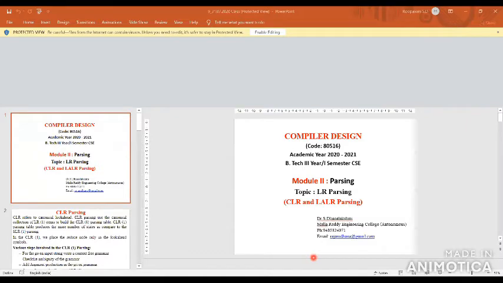This item set is used to build the CLR parsing table. The CLR parsing table produces more states compared to the SLR parsing table.